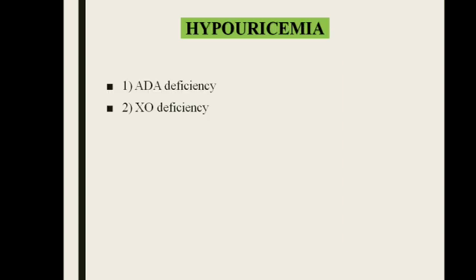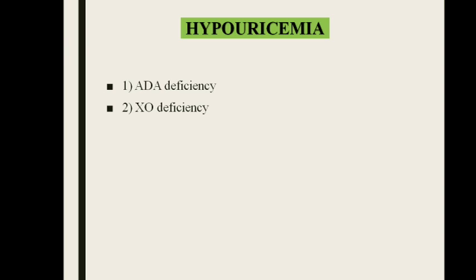Now coming to hypouricemia. We have already discussed hyperuricemia. Now we are going to move into hypouricemia. It is a decreased concentration of uric acid, below 6 in females and below 7 in males, that is, below the lower limit of the normal range. I told you 3 to 7 in males and 2 to 6 in females. If it is less than that, it accounts for hypouricemia.